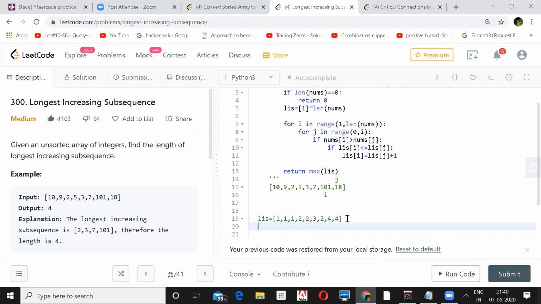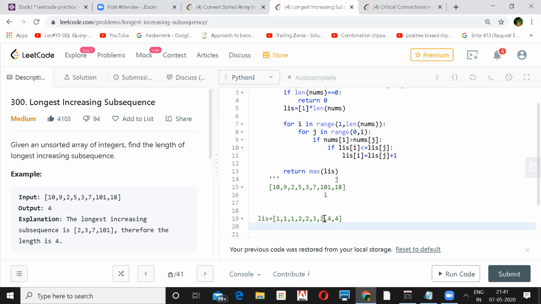And second, they can ask you what is that particular longest sequence. In that case, you have to maintain it. You can get what is that sequence which is longest. Here they are just asking you the length, right? So if they ask you directly, let's say you are on 4, you just check which index is less than 4. So less than 4 is what your 2 is there.